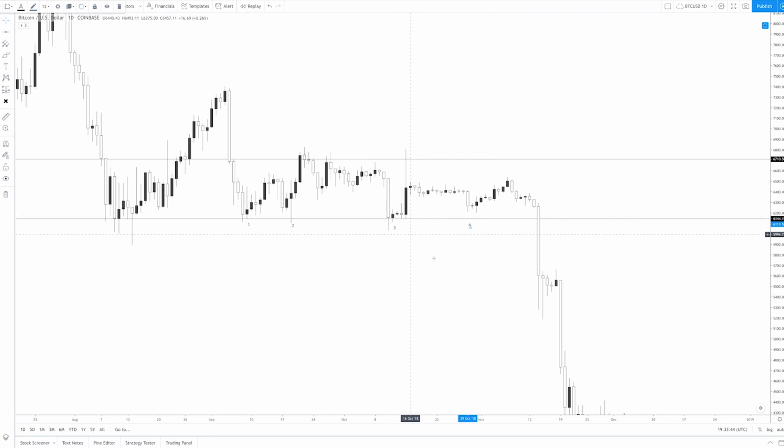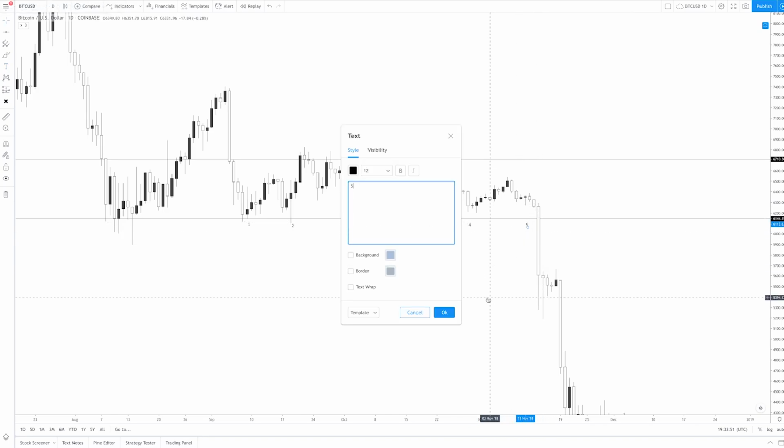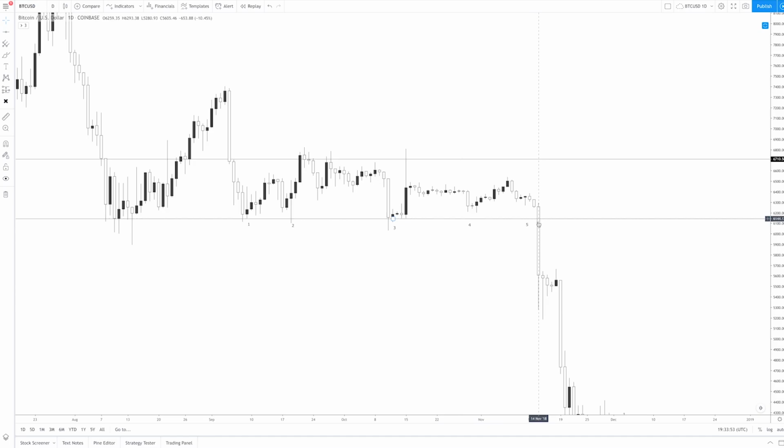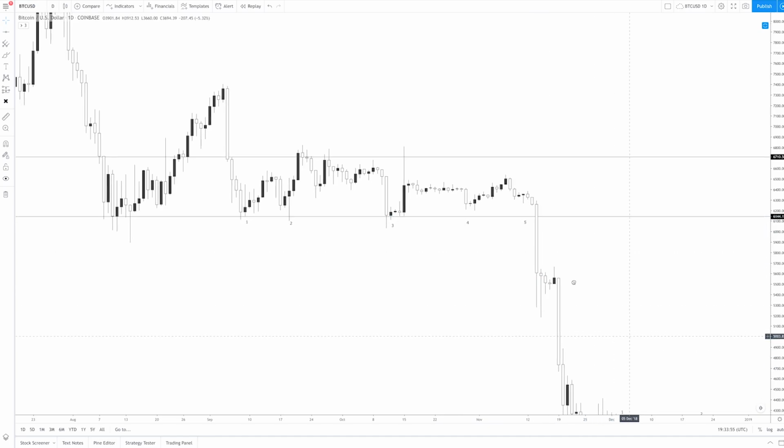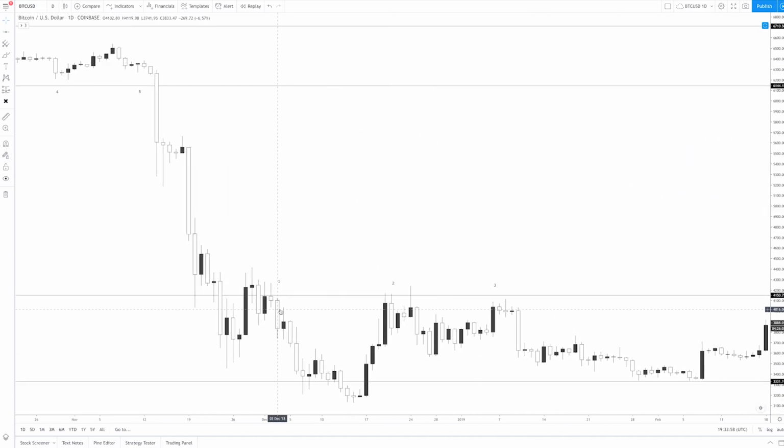Remember, this is not a line in the sand, but this is a finite amount of touches, and here we have 5, and who gives way? The buyers. And we have an impulse down and the beginning of a downtrend